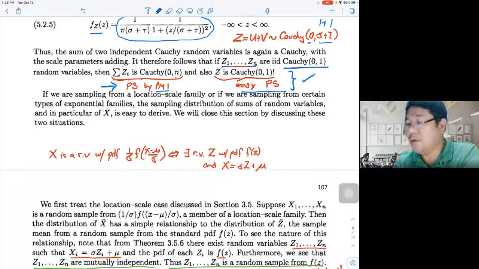And then for section 4 of chapter 5, we have the order statistics. The order statistics, we're going to determine the distribution of these order statistics. And then section 5,